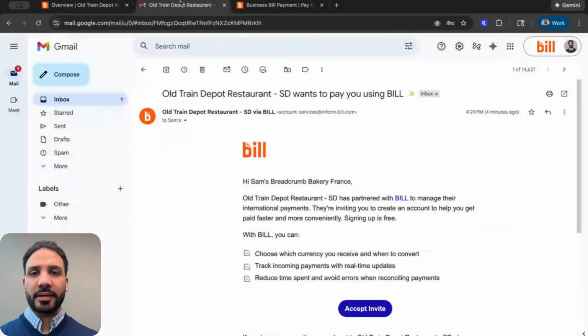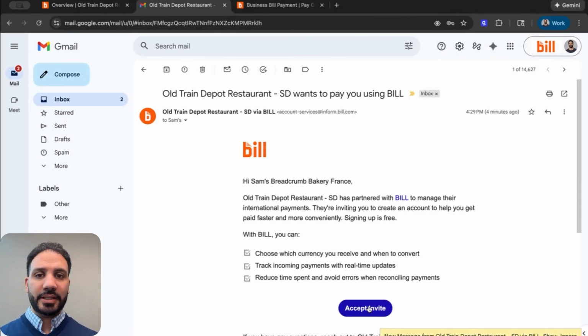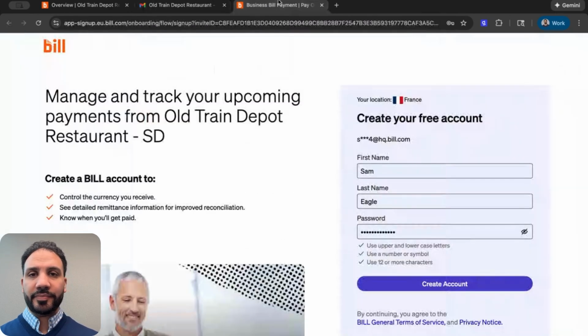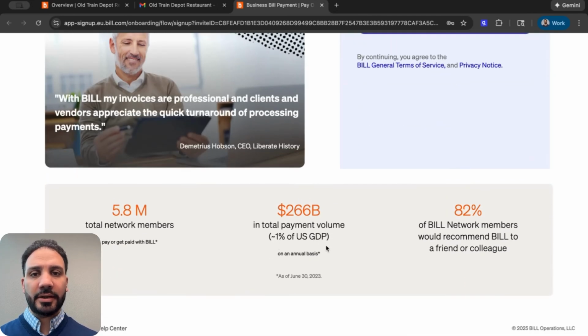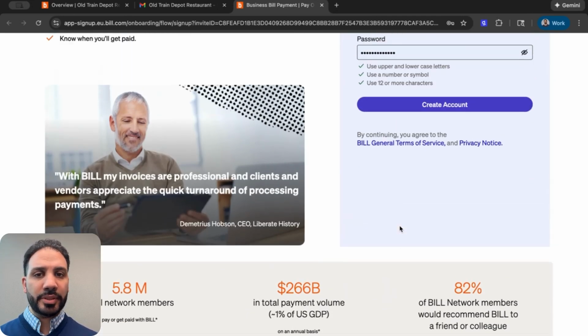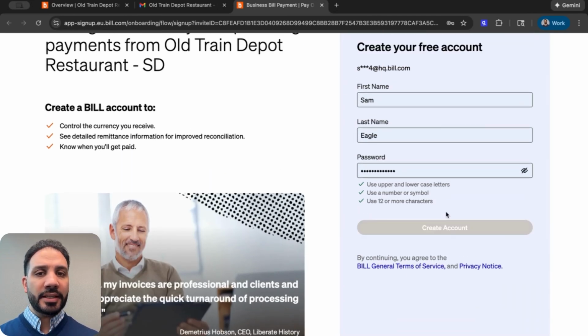process. And then the vendor receives an email that shows that they've partnered with Bill to manage international payments. They click Accept Invite, and then they hit a landing page that'll show who Bill is, the benefits of creating an account, just some statistics on Bill sending money. And then they create their account,